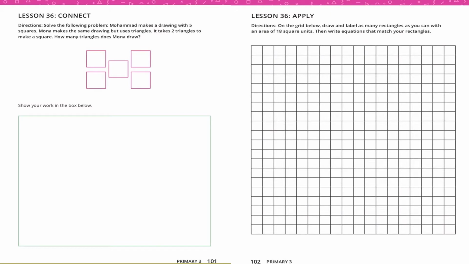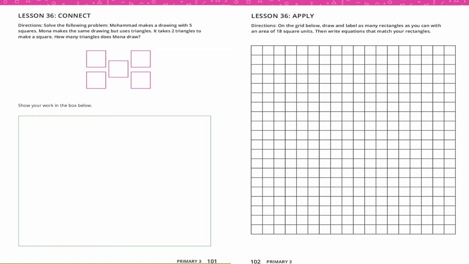Lesson 36, our warm-up is about squares and triangles. If Muhammad makes a drawing with 5 squares and Mona makes the same drawings but she uses triangles. It takes 2 triangles to make a square. How many triangles does Mona draw? So Muhammad here